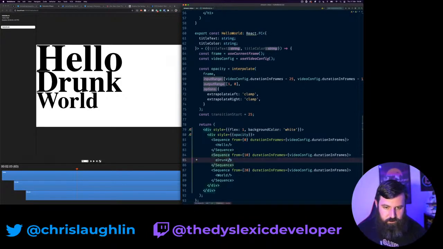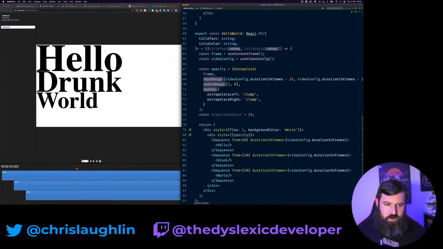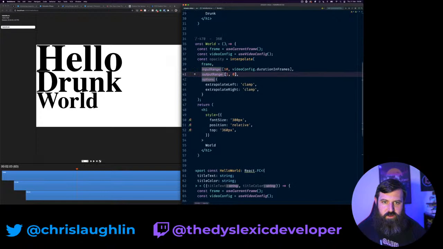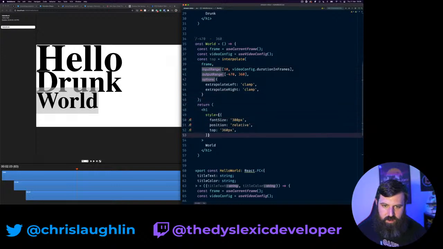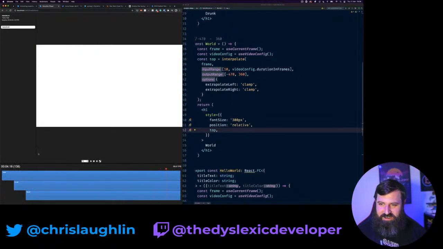So it's going to be starting at 10, I think, and then going to video config duration frames. And our output range, so that's our start and our end value. So our start is going to be minus 470, and our end is going to be 360. And it's not going to be opacity, it's going to be top. So now we can apply that top to our inline style. And let's see what happens. If this works out of the box, I'll be very, very surprised. Yeah, that looks terrible, but